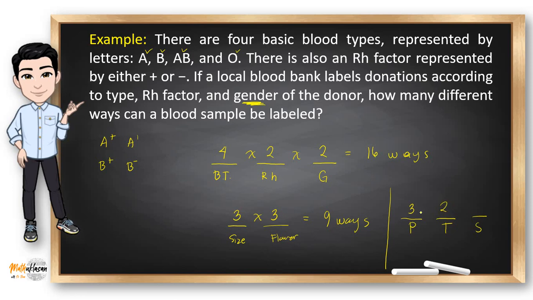Why? Because if say person A becomes the president, he's no longer a choice for the treasurer, correct? So for the treasurer after choosing the president, we only have 2. And then after say A becomes the president and B becomes the treasurer, of course we only have one option for the secretary. So the solution here is not 3 times 3 times 3, but rather 3 times 2 times 1,